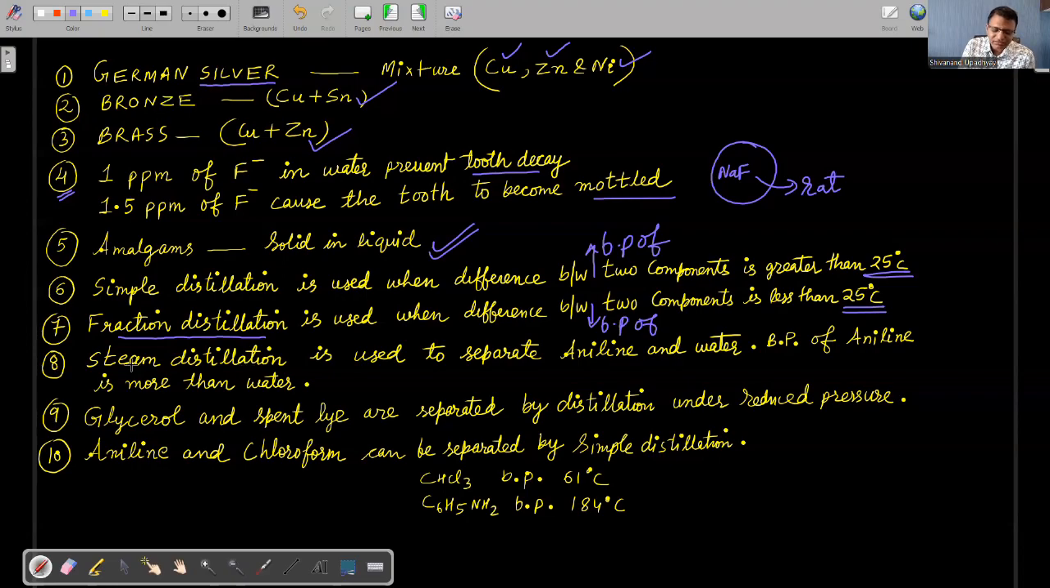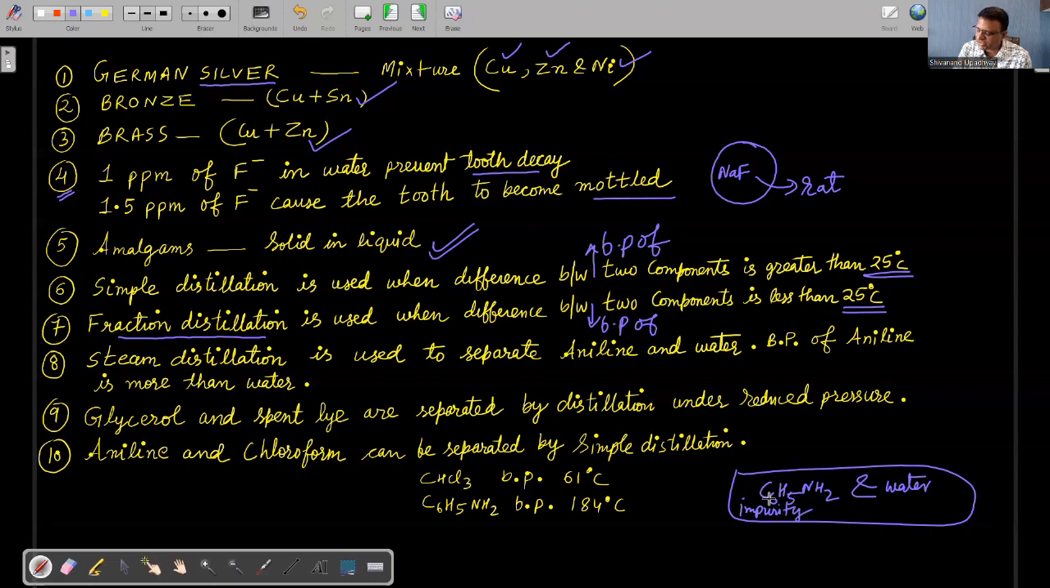Steam distillation, steam, water has to be there, right? Steam word is used for water. So when we have to separate aniline, C6H5NH2, and water, if we have to separate this aniline, say aniline is there along with impurity, and we want to remove this aniline. So what we'll do, aniline has more boiling point than water. The boiling point of aniline is 184 degrees Celsius. So what we'll do,